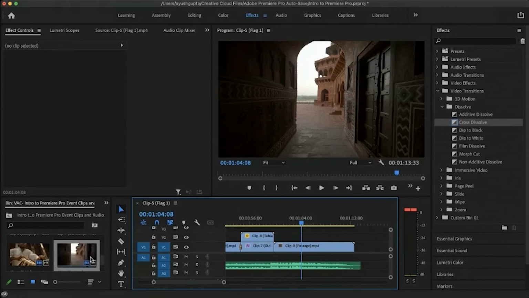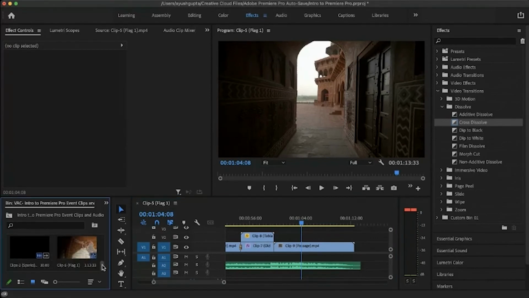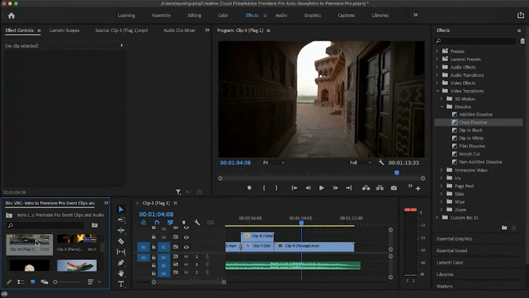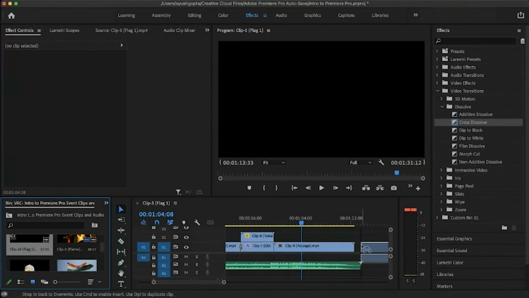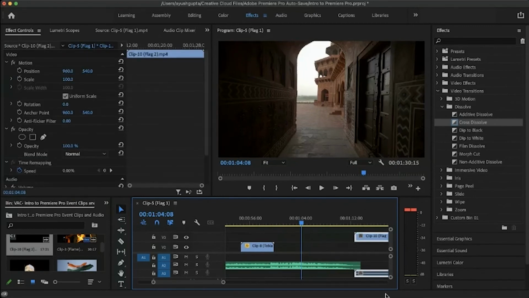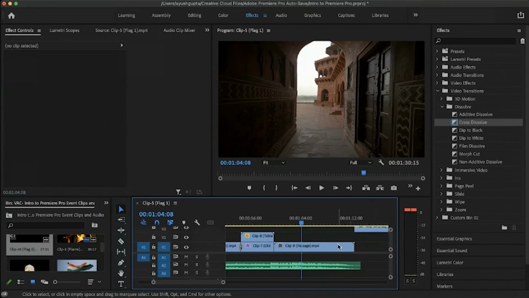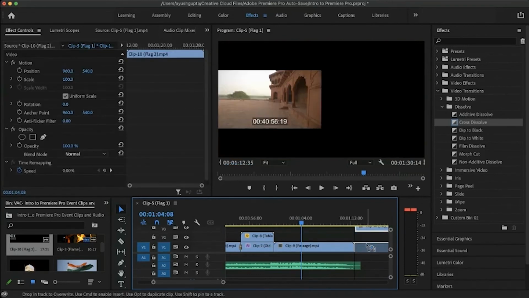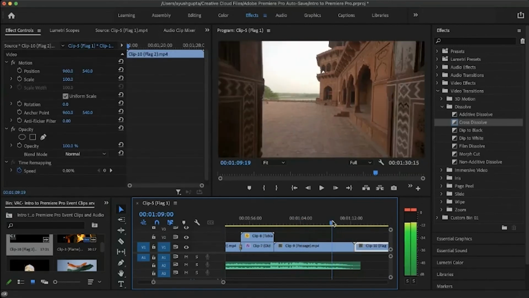For that, we would need two clips, both of our clips. And now we'll drag clip 10 to. We'll unlink the clips, the audio and video part, delete the audio, and then keep them side by side.